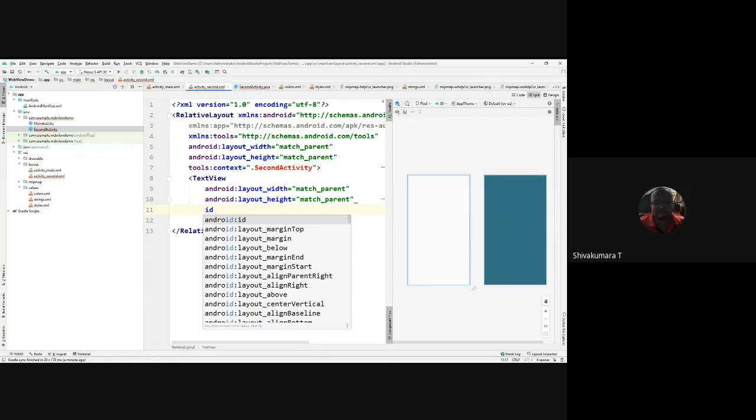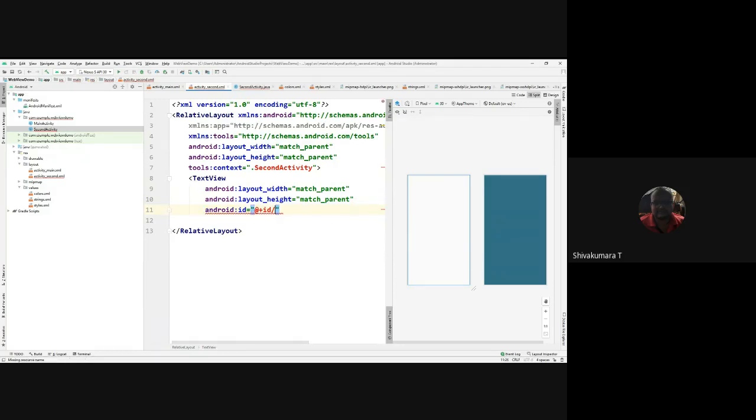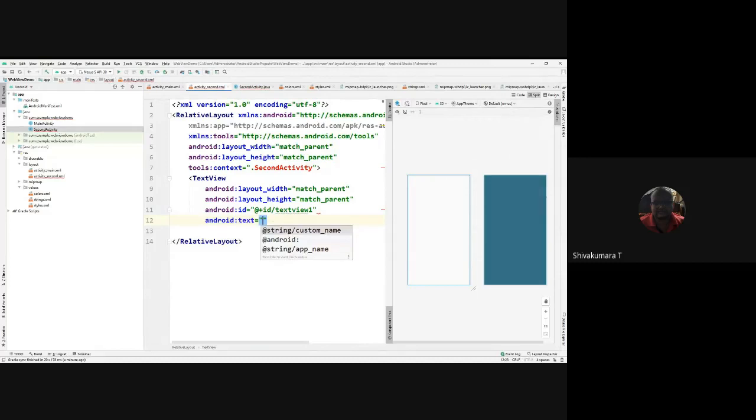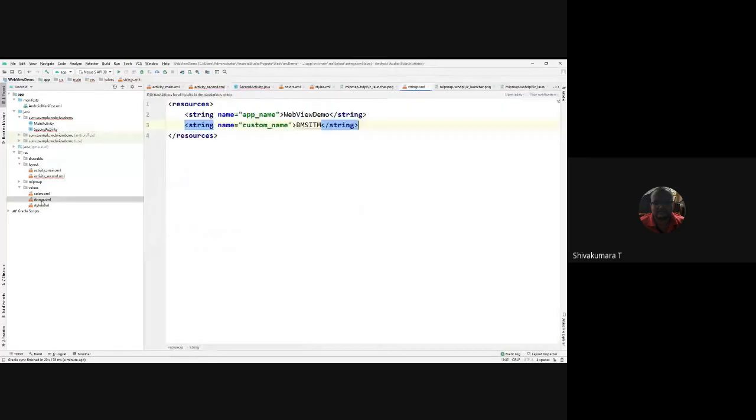All the views will have their own Android ID. So this is text view 1, I am calling it, and it has this text. The text, you can specify under the custom strings.xml.